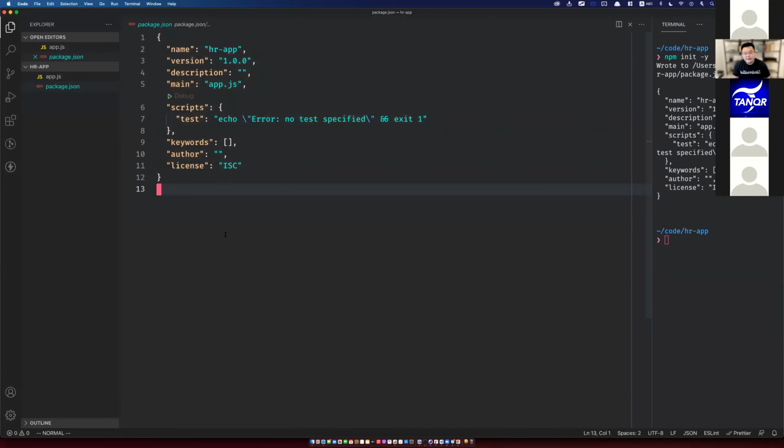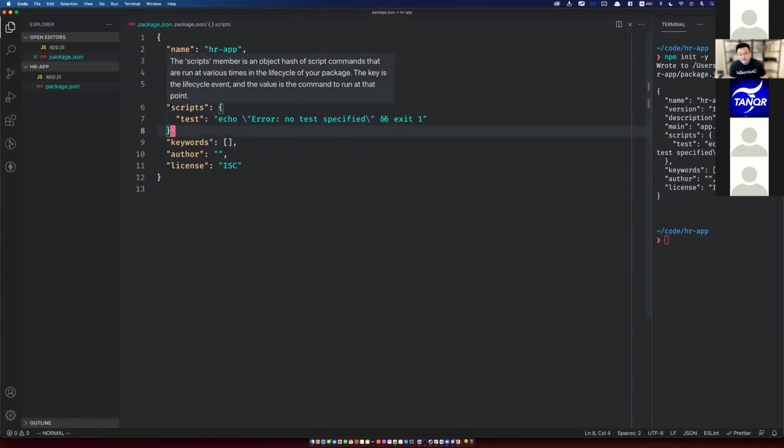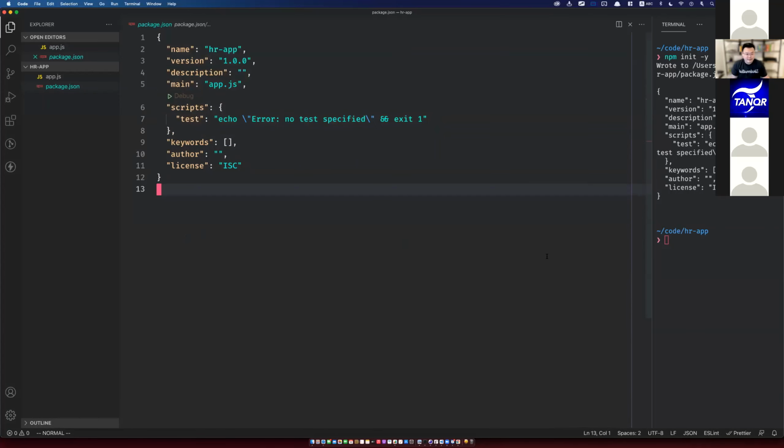So to get started, I want you guys to open up your package.json and pay attention to the section that says scripts. What is this for? This is basically you storing shortcuts, so that you don't have to run node app.js again and again. Instead, I want you guys to change this section and write start, and then change the rest of it. As you can see, this is just a string. I'm going to write something here that says node app.js,